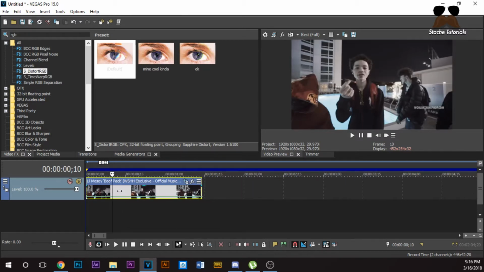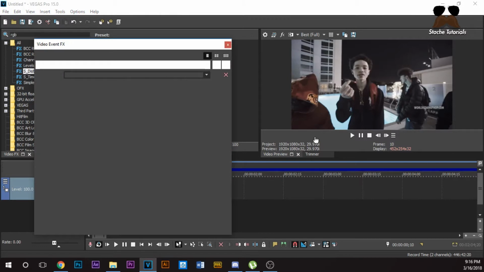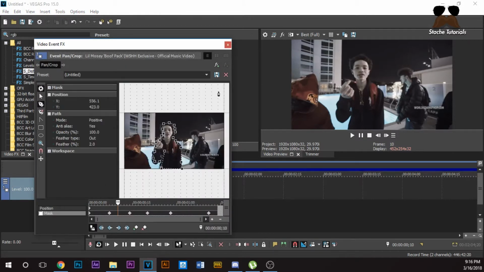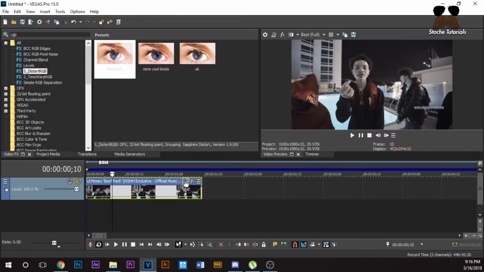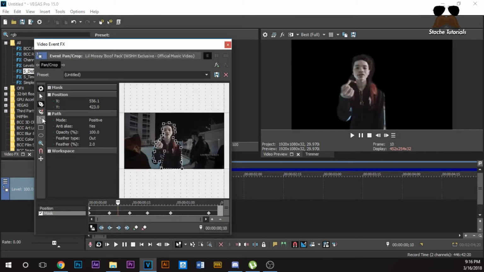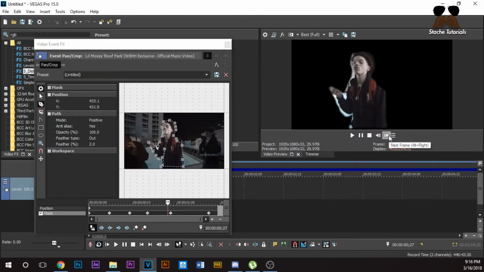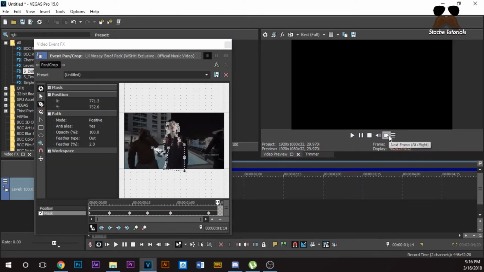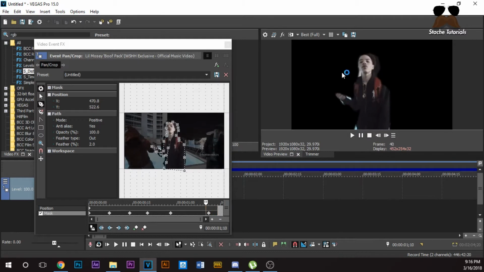It's just my clip. And what you're gonna want to do first is mask him out. Just like all my tutorials, I say mask him out. If you want to know how to mask him out, just click on this little pan and crop button here. Click mask. Check that. And then you're gonna want to grab this tool, and go through the timeline and mask him out. I already did that, so we can save time in this tutorial. It's just a really bad mask, but it doesn't matter because it'll work anyway.